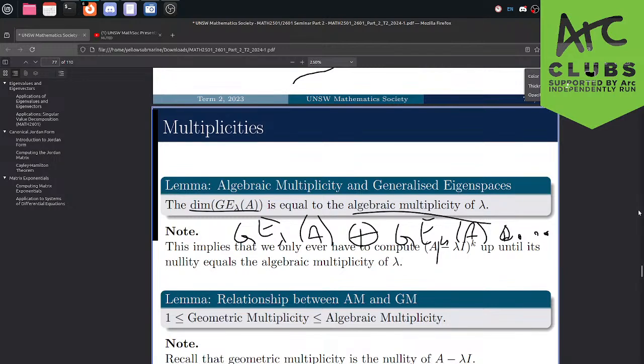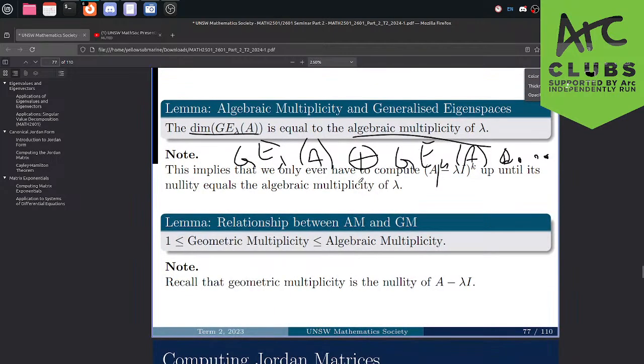So you do this for all of your eigenvalues. This must be equal to your original vector space that the square matrix, or the linear map, is applied on, because it's equal to the algebraic multiplicities, and we know the algebraic multiplicities add to n. That is a really interesting property, because we had that the geometric multiplicity is less than or equal to the algebraic multiplicity, but we now have a nice way to see this.